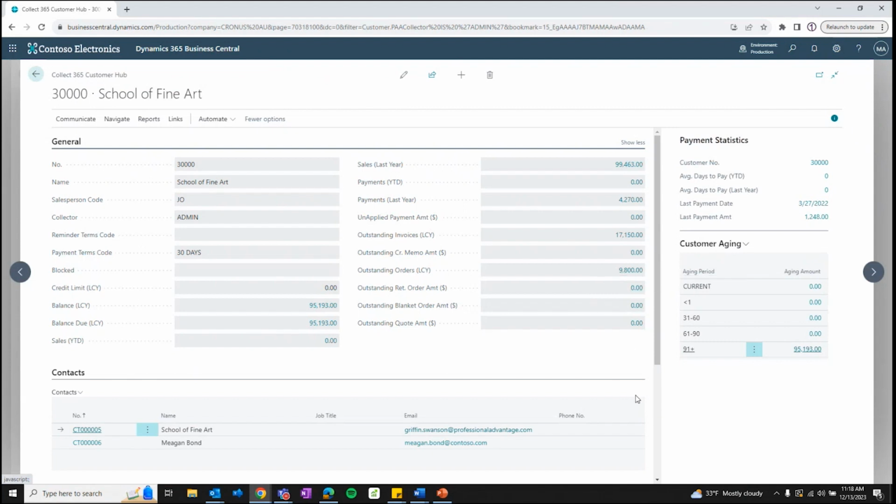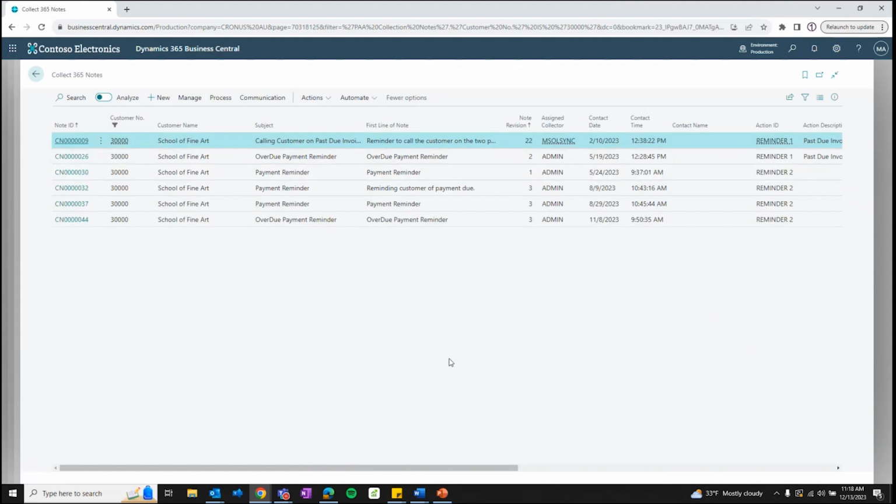We need to follow up on these past due invoices. How do we do that? We do that from the communication tab here in the top left-hand corner. So from here, I can send a one-off email, or I can create a note for that customer, which again